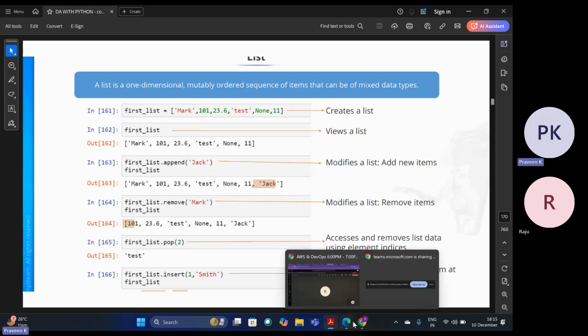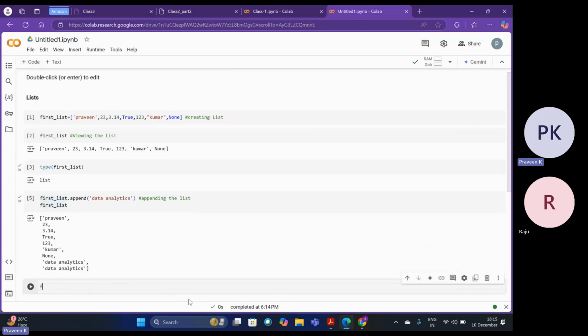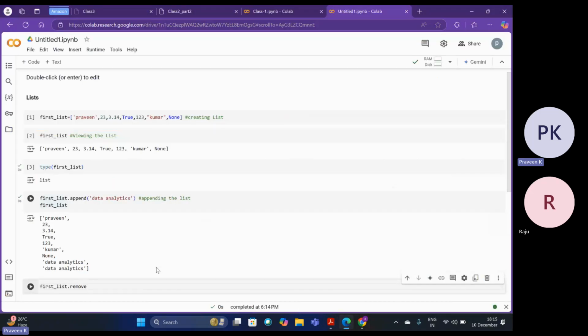Okay. So just go to one more cell here. And I want to type first list dot remove, and just mention the element name. What happens here? I want to remove data analytics. I just want to remove data analytics